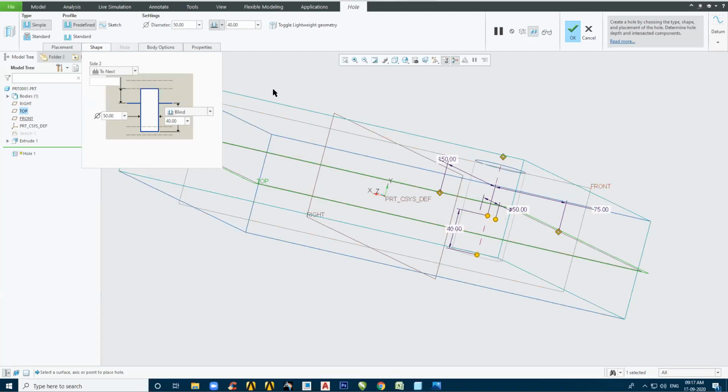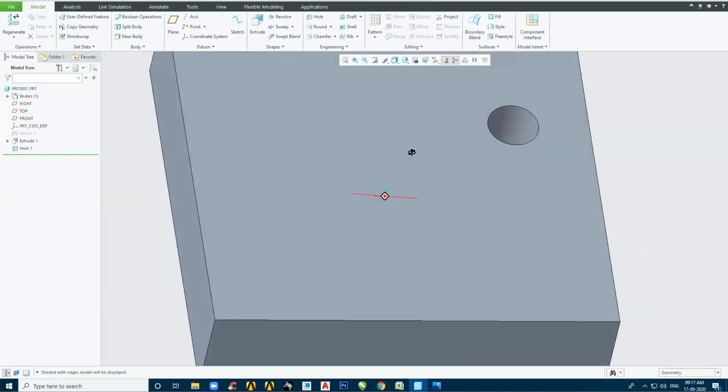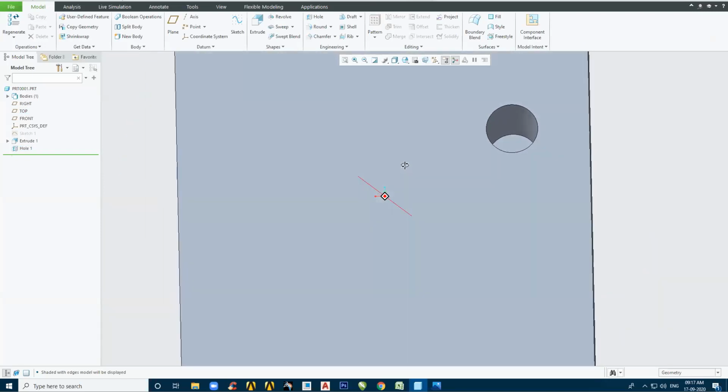Got it? So the hole started from the middle, it came up and intersected the top surface, and below it is 40 mm. Can you tell me what is the height of our hole? How much is the height of our hole? 90. Very good, you understood. Right. See here. Simple.